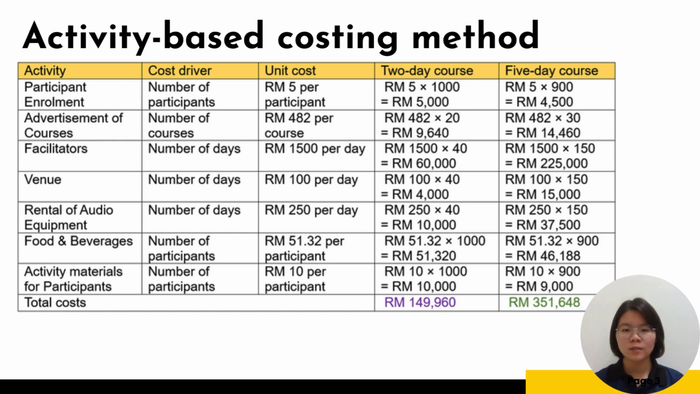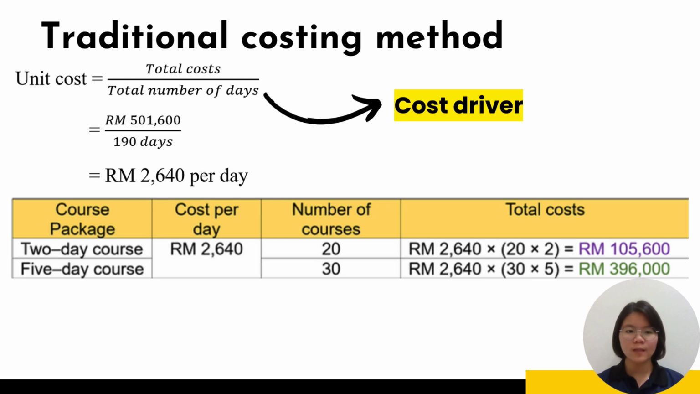Under this method, the total cost for the 2-day course is 149,960 ringgit, while for the 5-day course it is 351,648 ringgit. Under the traditional costing method, Gamelan company only uses one cost driver, which is the number of days